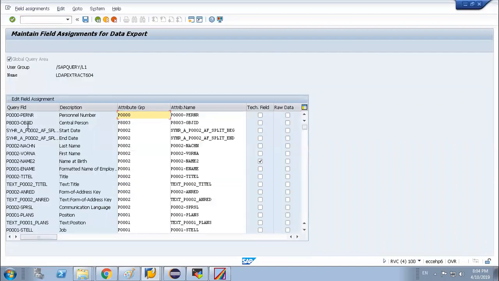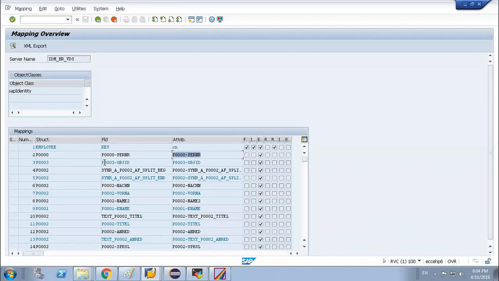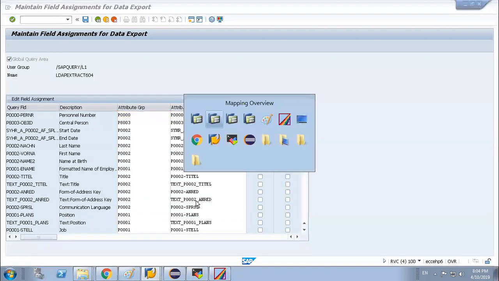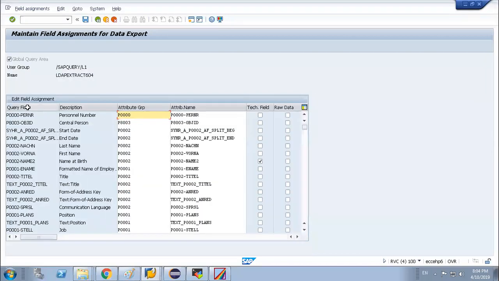Again, P8003 object, here you will see P8003 object. So all the information of the corresponding VDS system mentioned over here has to be mapped with our IDM system's attributes.